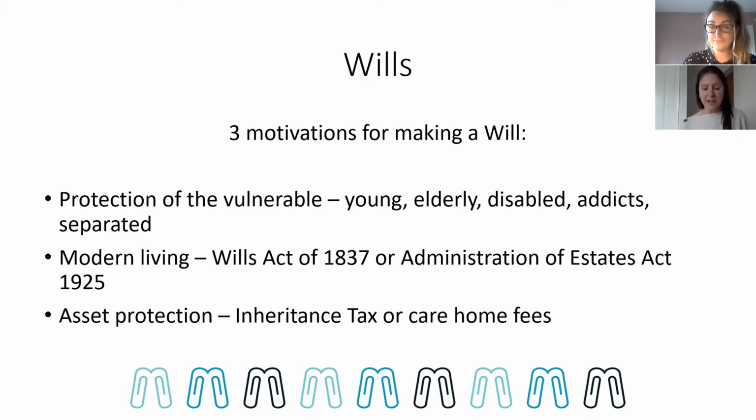So the two statutes, although they've been revised, the laws are significantly out of date when you're thinking about taking into account modern families. Your classic situation is two parties who've chosen to cohabit or remarry, but both or at least one have children from a previous relationship. You'd therefore want to make provision for your new partner, but whilst ensuring that your wealth ultimately passes to your own children. And only by making a will can you ensure that this happens.